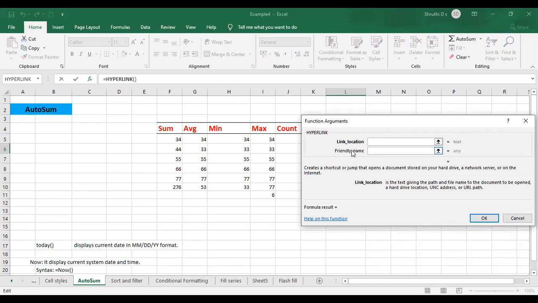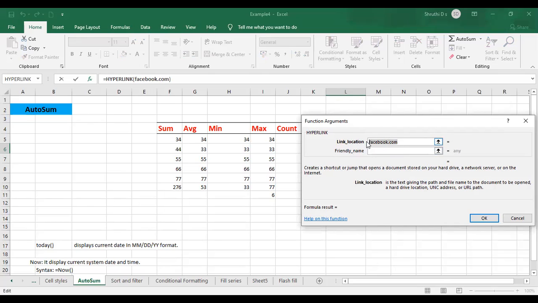Here it will ask you for the link location. You can provide the path of a file, or a path of a web page. I just want a link for facebook.com. This particular link will take me to the web browser, and it will show me the login page of Facebook.